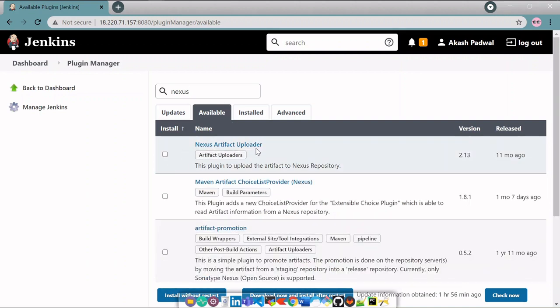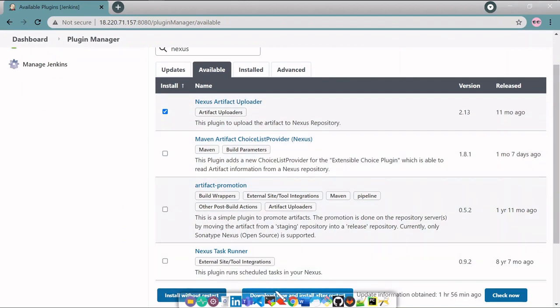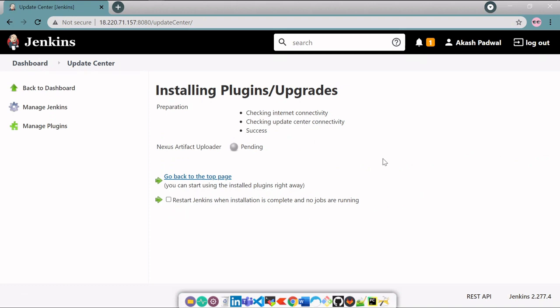You can see Nexus Artifact Uploader. Select the checkbox and click on download now and install after restart. So click here. So you can see downloaded successfully. So select this checkbox, so it will restart Jenkins.